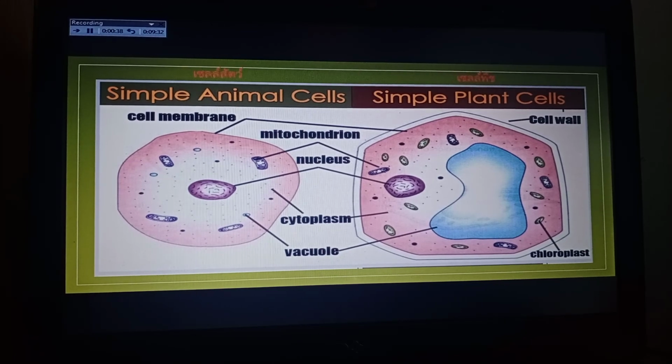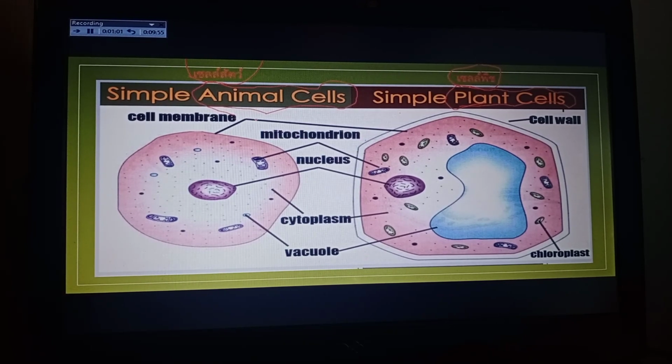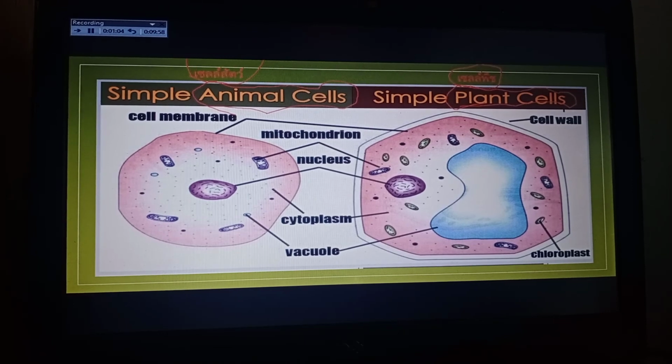Okay, again, this side, this one is your animal cell. And this one is the translation of what this is in Thai. This one is your plant cell. On your right is your plant cell. This is also the Thai translation of it. If you notice, there were lines connecting from the animal cell to the plant cell. These lines connecting between the two mean that each of these parts are also present in the other,